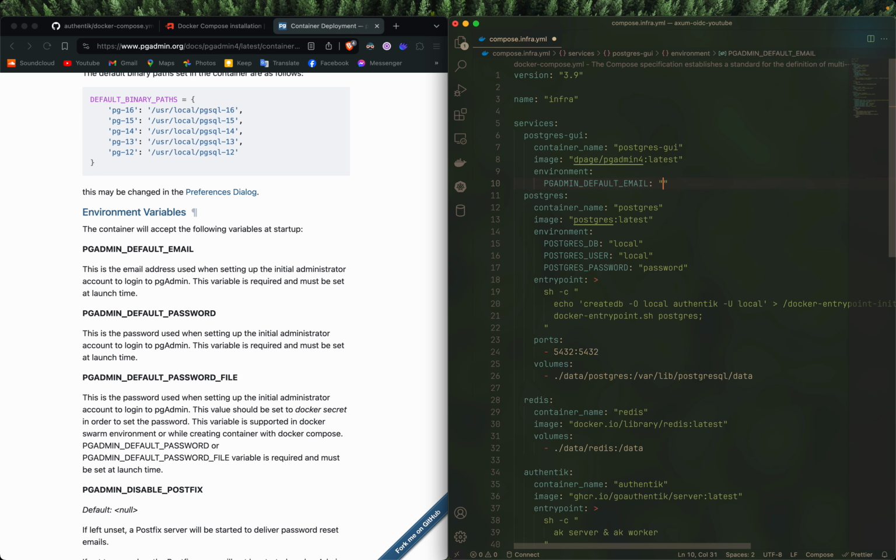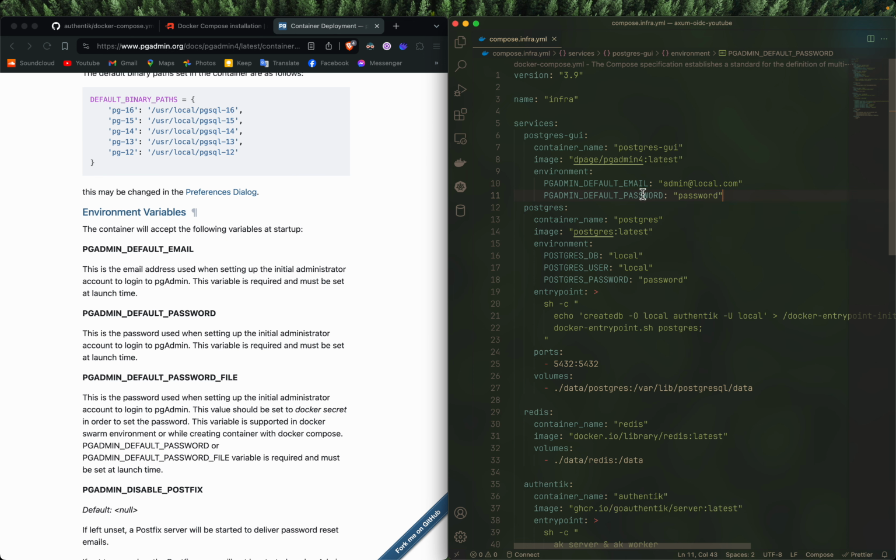This email I'm going to set to some arbitrary value like admin@local.com, which does not exist, but who cares. Then I'm going to set the default password, which is also going to be password. You can set this password to whatever you want, because this is the password that you need to authenticate yourself inside of this GUI application. Finally, I'm going to expose this as port 5050 mapped to the port inside of